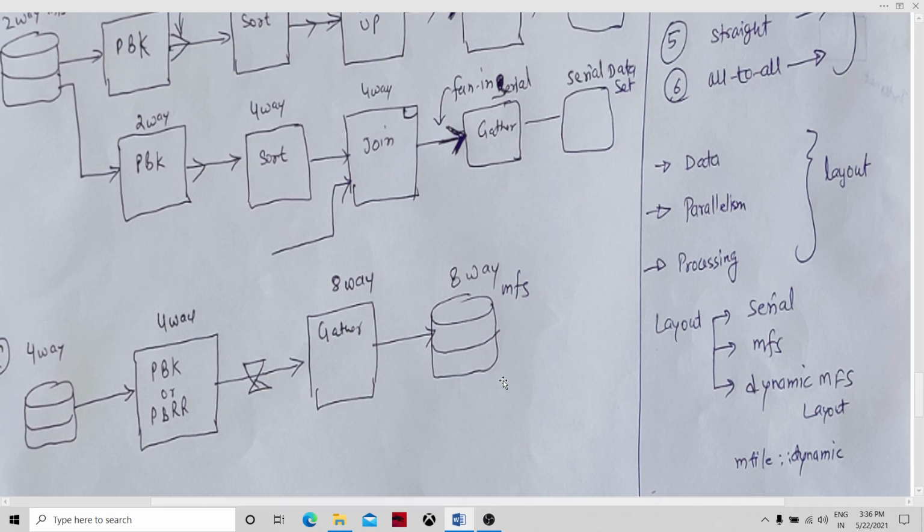Let's say we have to decide the layout of this join component. If I decide the layout, let's say four-way layout, and all four partitions are sitting on my local host, okay, I can use the four-way MFS, and I can configure and run it in parallel. That is one way. Otherwise, I could use, let's say, two partitions on the local host and two on the HDFS system, where HDFS nodes are available. So I could create an MFS in such a way that there are two partitions sitting on the local host and two running on the HDFS system.